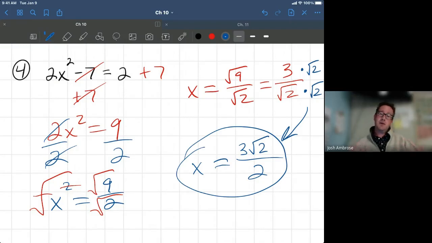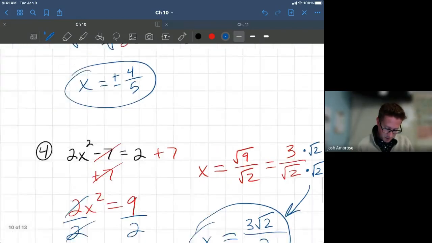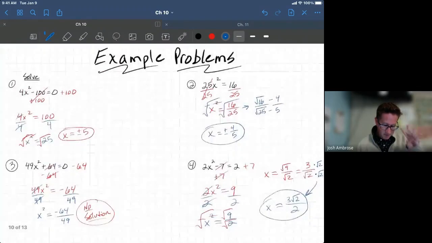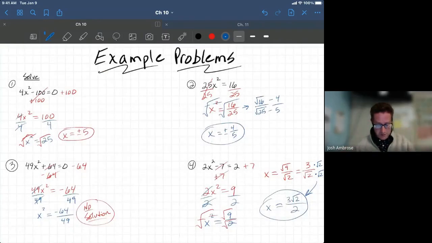Okay, so we had to go a few more steps to get the answer here, for example, problem number 4. All right, so let's zoom out. There we go. There's all 4 example problems right there for you, worked out. Take a look at it. Bring your questions to